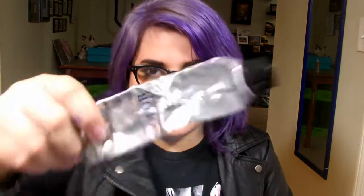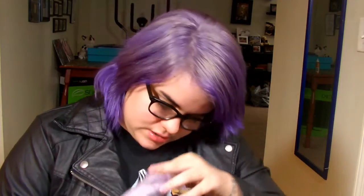I want to say, what was the first one that I got? The first one that I used, because I made a mixture of this to try on extensions to make sure this mix came out how I liked. The packaging looked like this. It looked gray. The inside looked like that. And it worked really well on my test strip. The second one that I got, if I can open it,